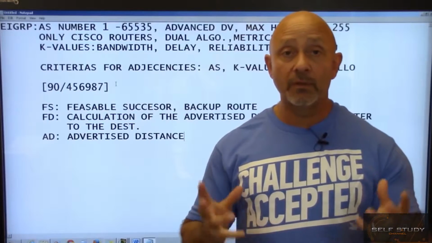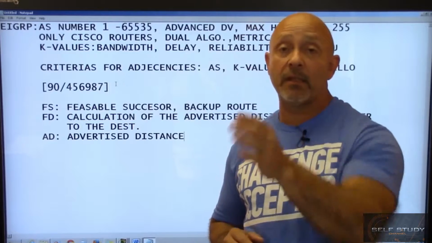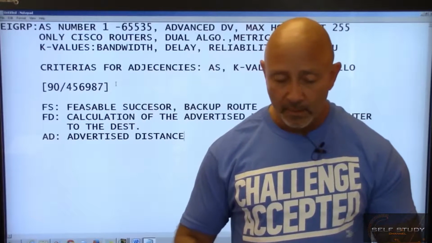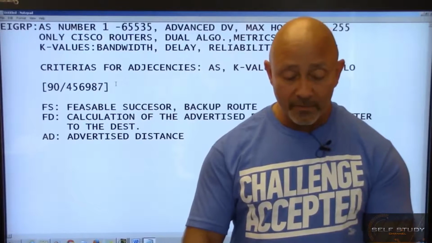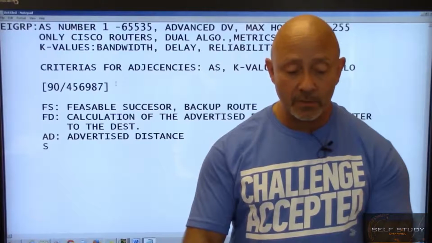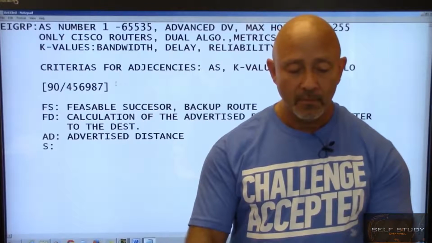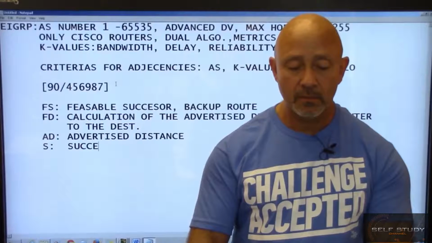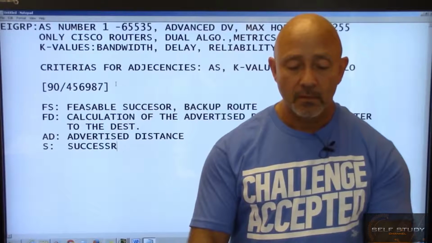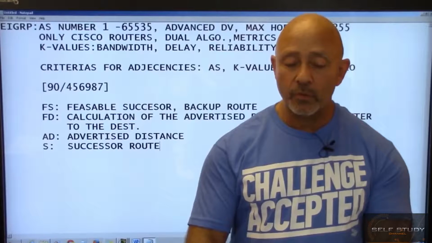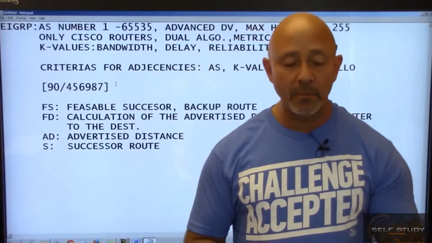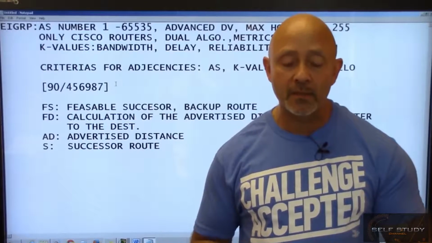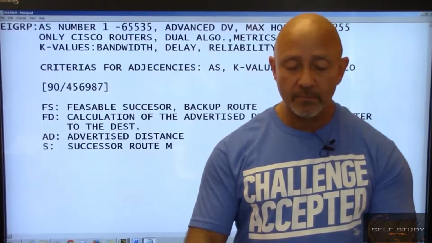All right? This is what the router considers. Hey, this is how much it takes to get from point A to point B. You also have a successor. I mean, you can put S. All right, but this is what's called the successor route, let's say. Successor route, meaning has the lowest feasible distance, which makes it